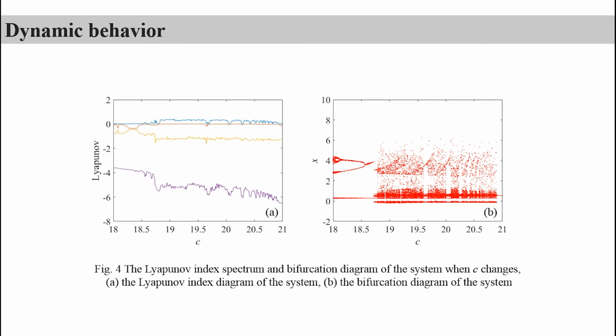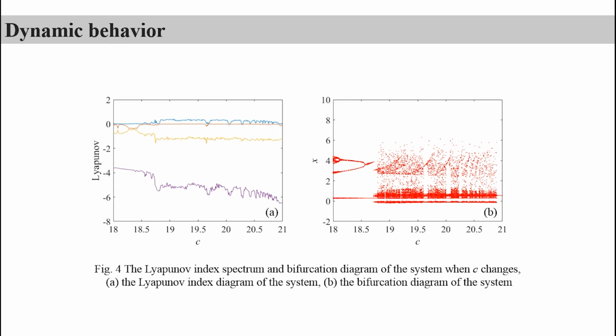Like the system parameters A is this, B, C, D, E, H, and M0, M2, M4 are 0.5. M1, M3, M5 are 0.3. E1 is 0.4. The initial value is 0.1. When the step length is 0.01 second, the bifurcation diagram and Lyapunov exponent spectrum obtained according to the change of C are shown in Figure 4.